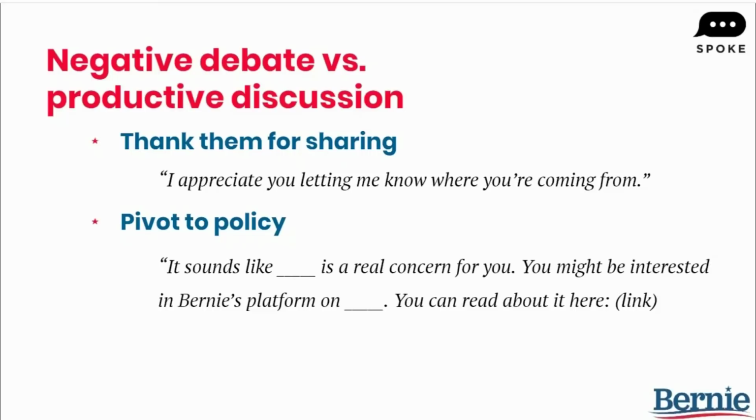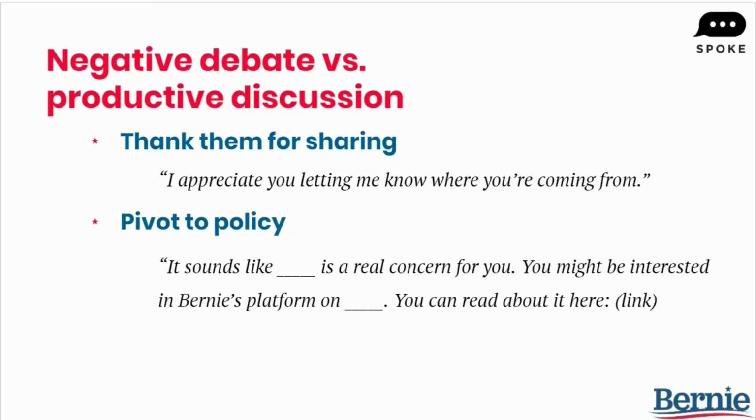If someone is pulling the discussion into a more abstract or personal direction, a helpful strategy can be to pivot to a concrete policy position that Bernie holds that you suspect may resonate with the textee. For example, you may say something like, "It sounds like the cost of healthcare is a real concern for you. You might be interested in Bernie's platform on Medicare for All, which would guarantee quality healthcare to everyone while eliminating premiums, deductibles, and copays. You can read about it here," then provide the link to Bernie's issues page on Medicare